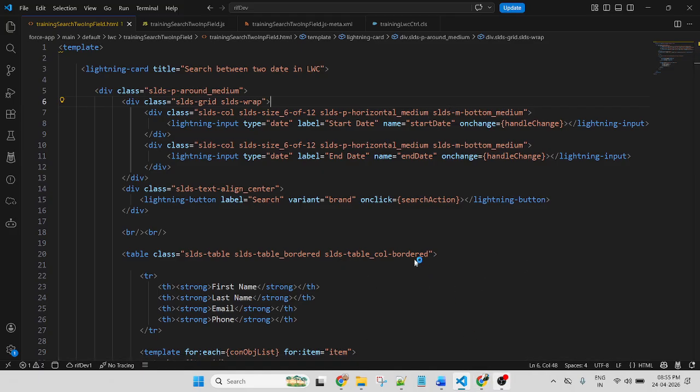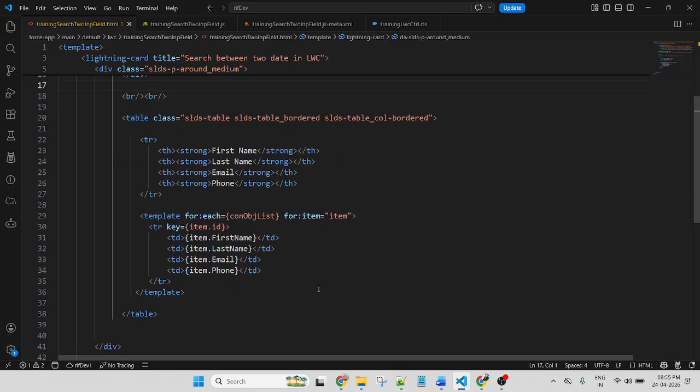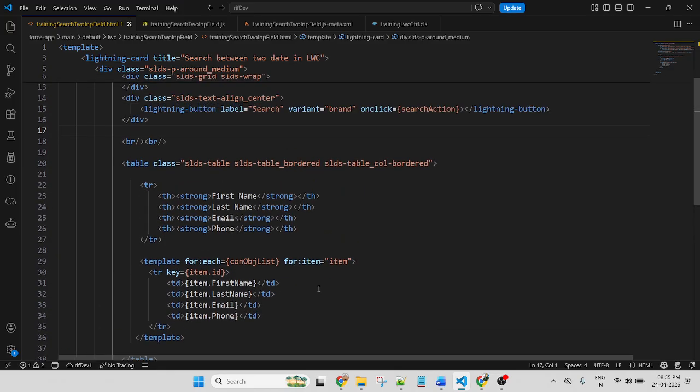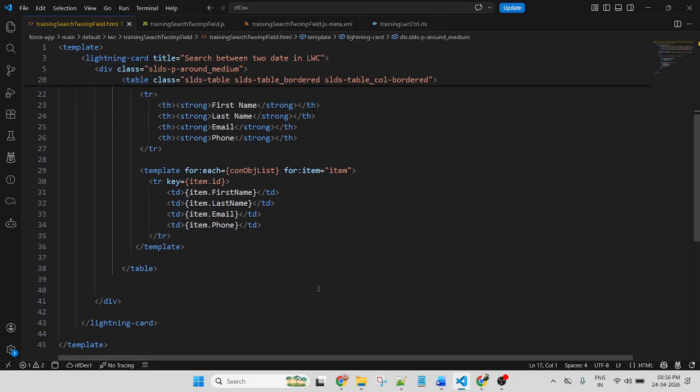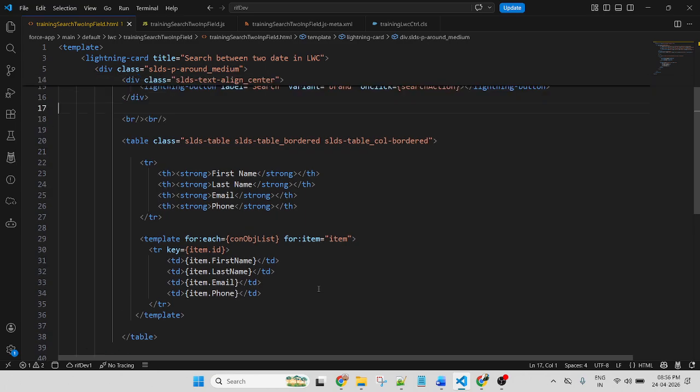Yes, sir, I got it. I just wanted to ask, we are getting the results in the custom table. In the same way, can we add a button to download those records as a CSV? That would be a different requirement altogether, to increase the complexity of the component.